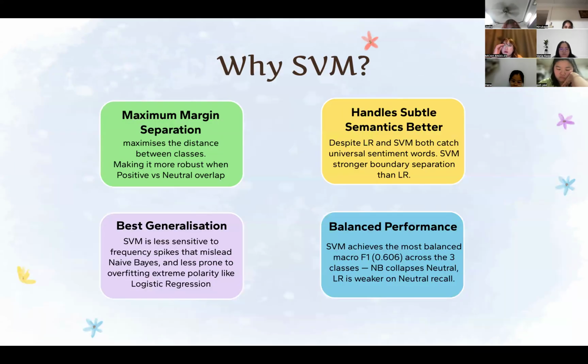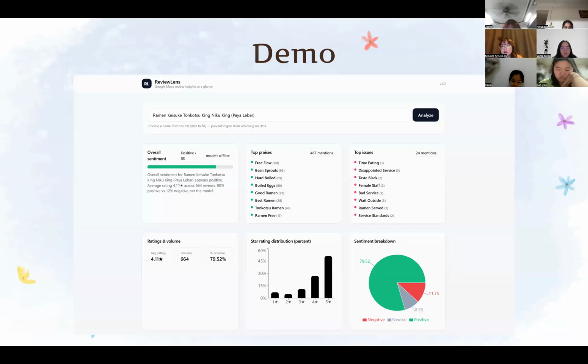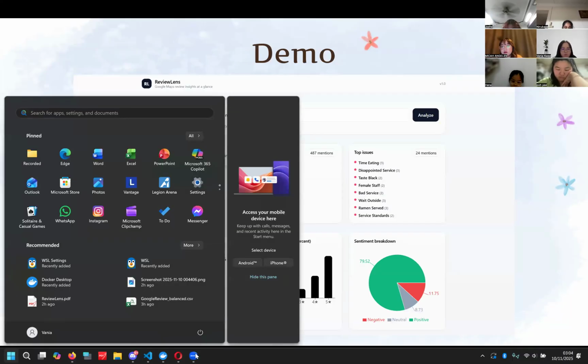We chose SVM as the final model, and it delivers the most balanced and consistent results across all sentiment classes. By maximizing class margins, SVM handles overlap and subtle tone shifts effectively. It's less biased by frequent words and generalizes the best overall, making it our most reliable sentiment classifier. So next, for our demo,